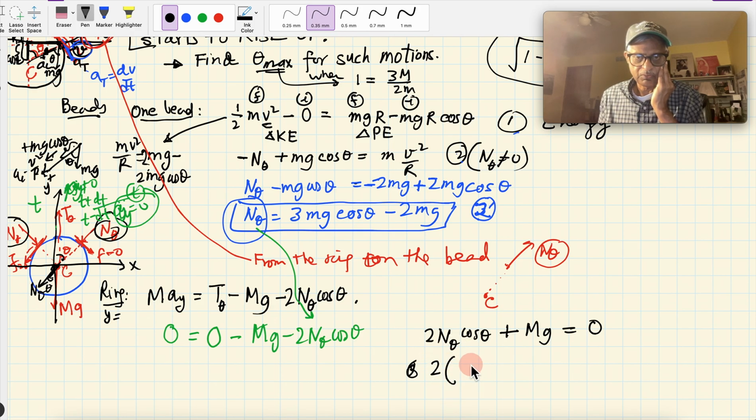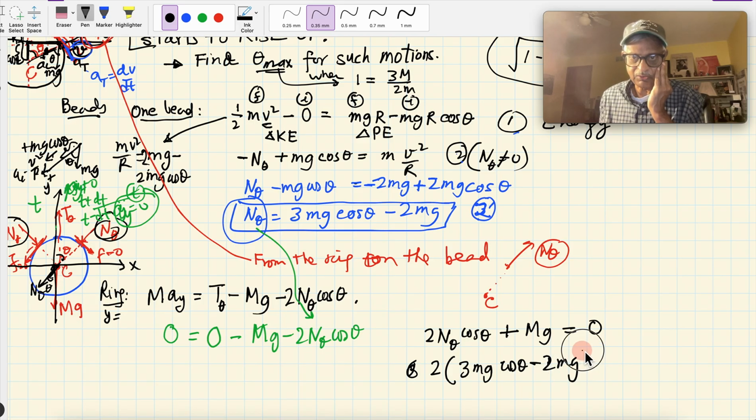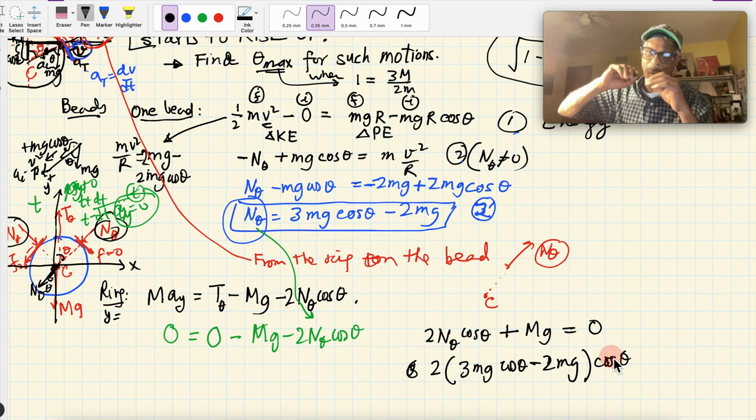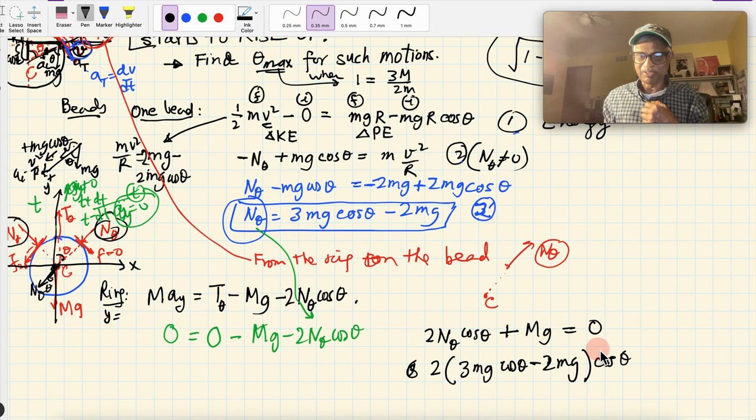3 mg cosine theta minus 2 mg. I tend to make mistakes when I'm just copying on this screen. When you're doing it on the board, that's no problem. There's a huge amount of space, and you have a better view. Plus mg equal to 0,